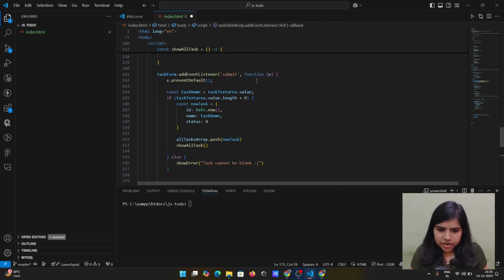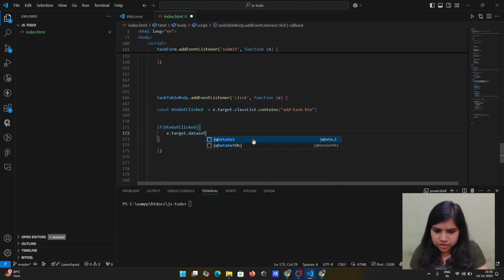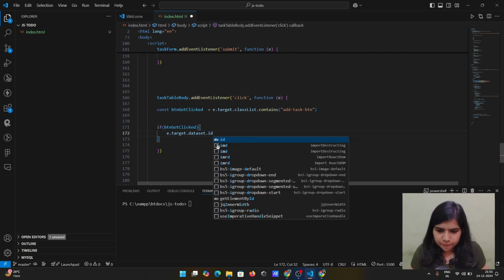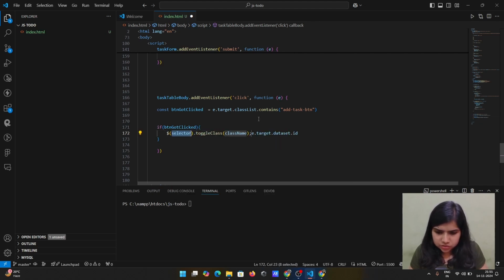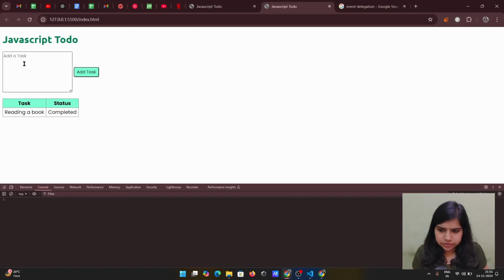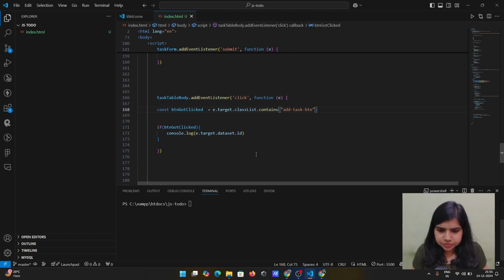Whatever we store inside data-anything, we can access through dataset, and then we can do id. Let's console it once and put it here. Let's retry. Okay, we are getting the id,